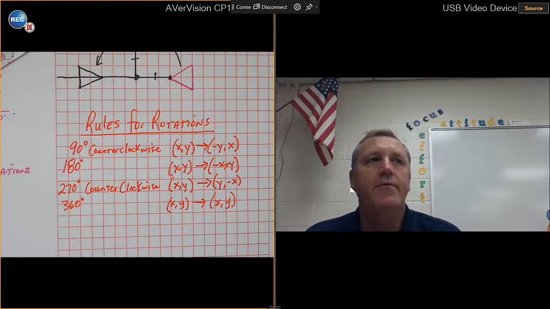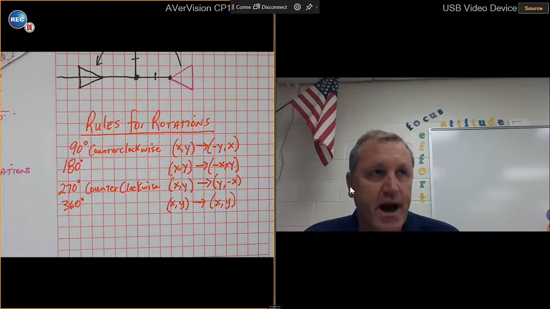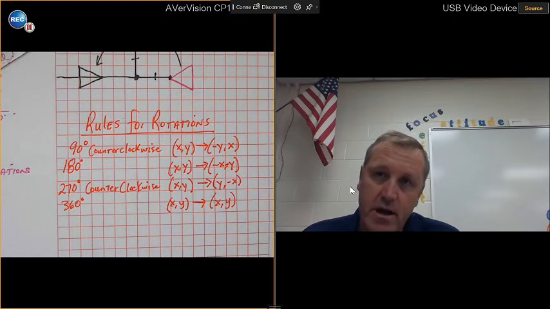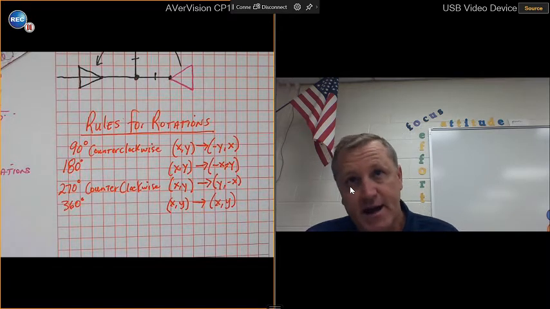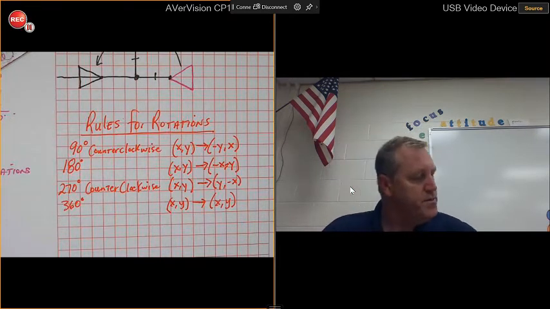Okay, so when we think about rotations, you have to be able to visualize in your head whether it's counterclockwise or clockwise. You have to keep that straight first. All right, turn to page